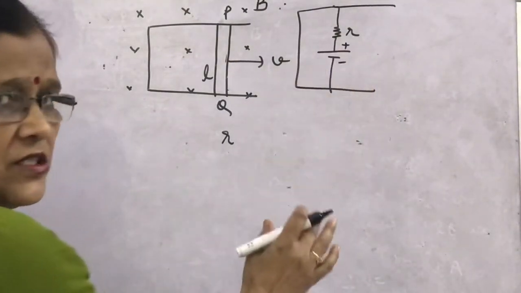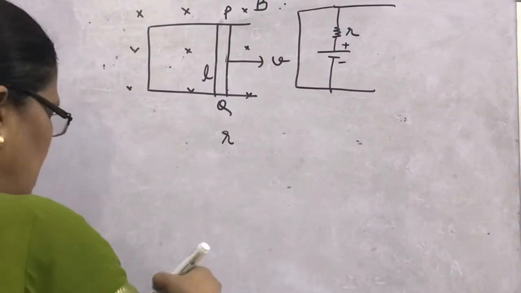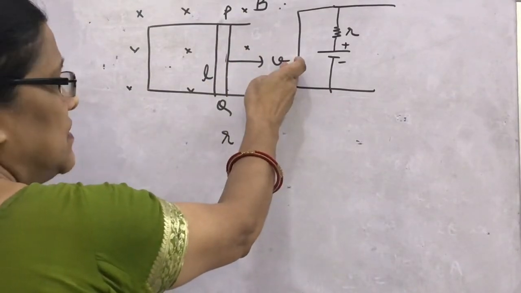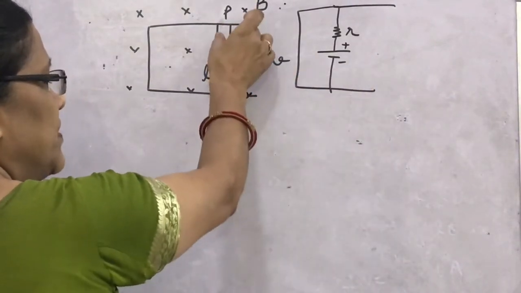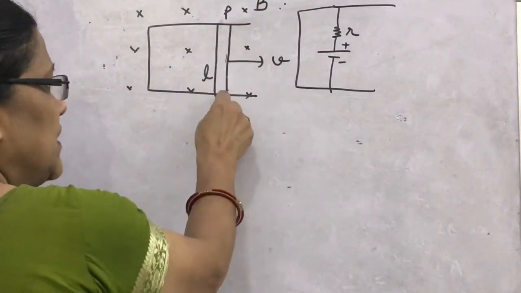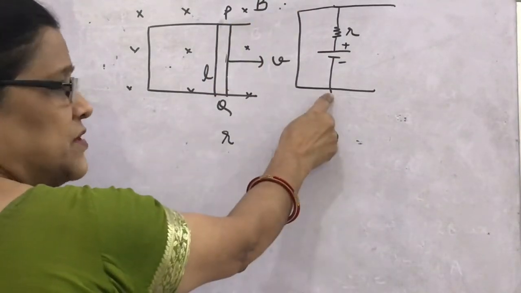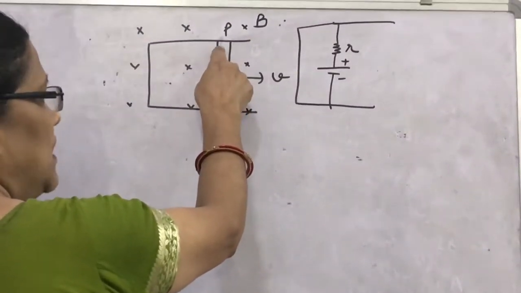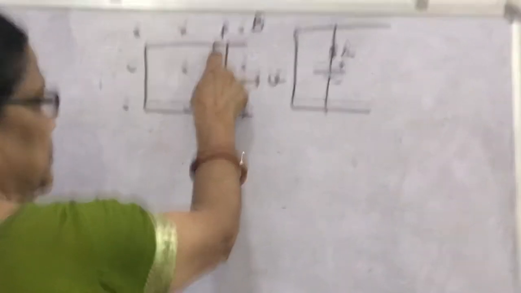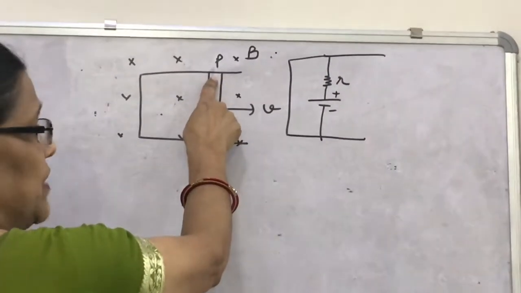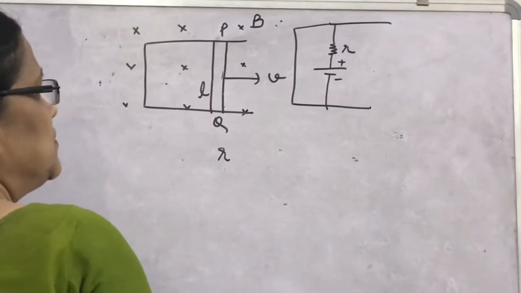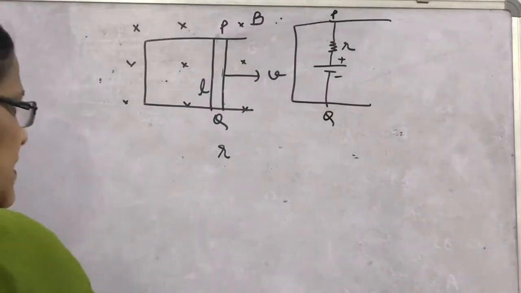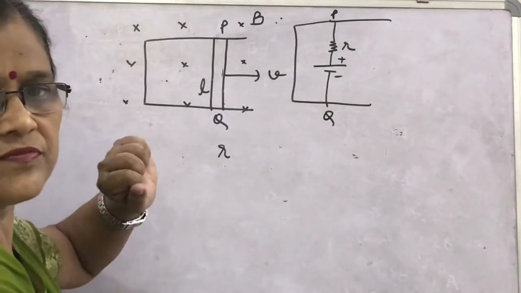How is this polarity introduced? You can explain it by Lorentz forces on the free electrons. If the rod is moving from left to right, then all the free electrons feel Lorentz force and accumulate at this point, so this becomes negative potential, and the atoms from which electrons are detached produce positive ions, that is equal positive charge, so it is P. So this rod is behaving like a source of electrical energy, or a cell.